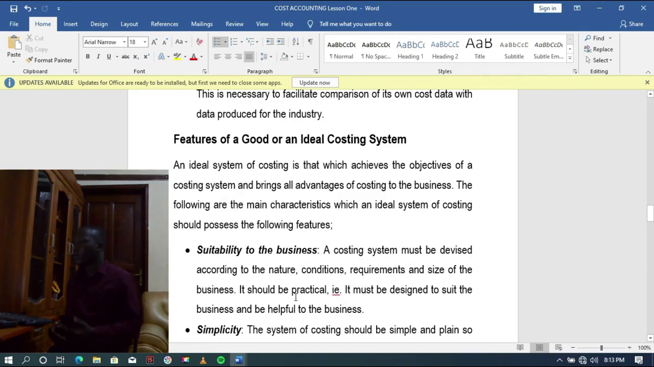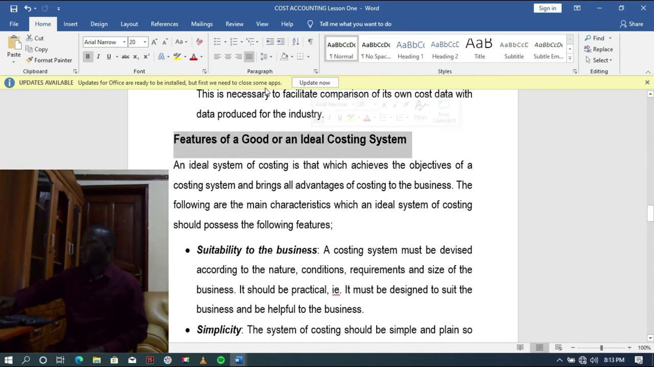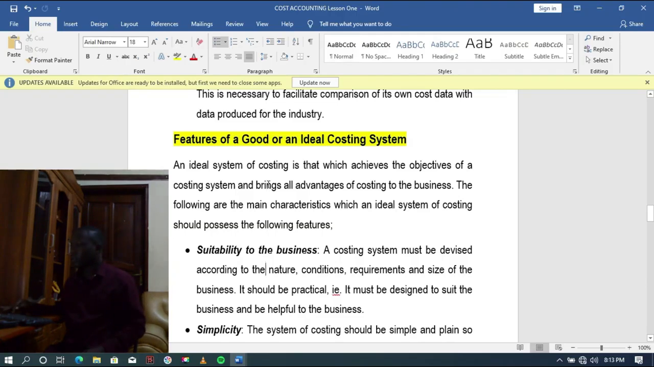So when you're developing a costing system, you must look at the features. What are the different characteristics or features of an ideal cost accounting system? What should it possess? What characteristics should it have? What should it hold? You must have answers to that in your mind when you're developing this system. So here we are told that an ideal system of costing is that which achieves the objectives of the cost